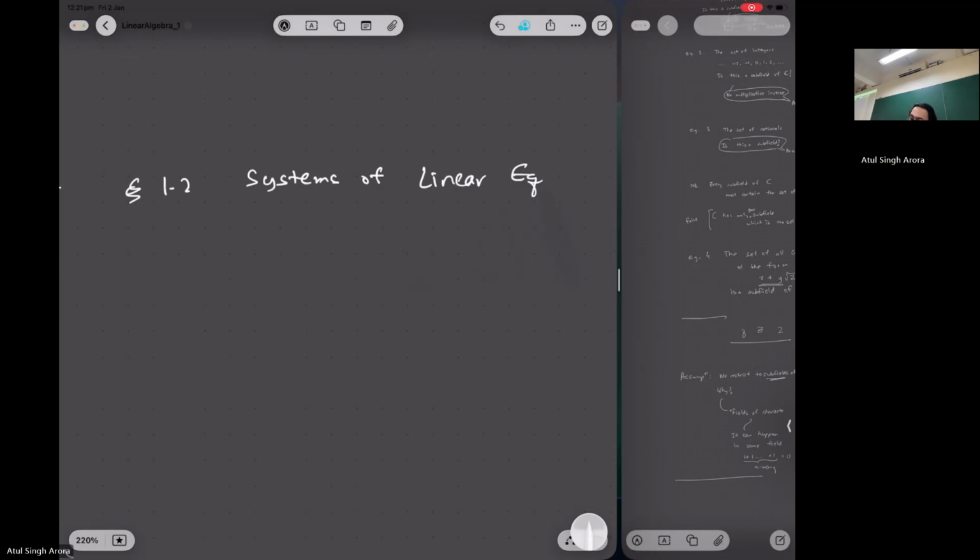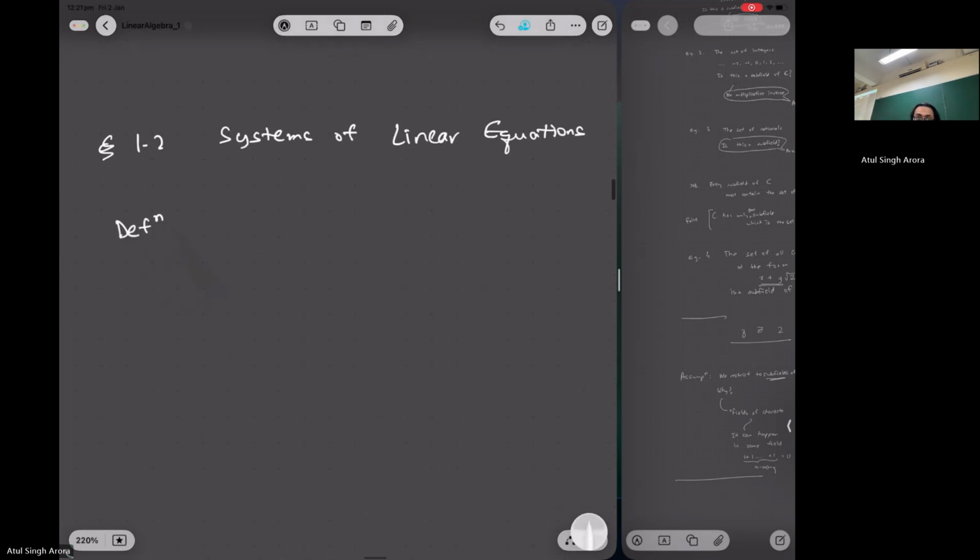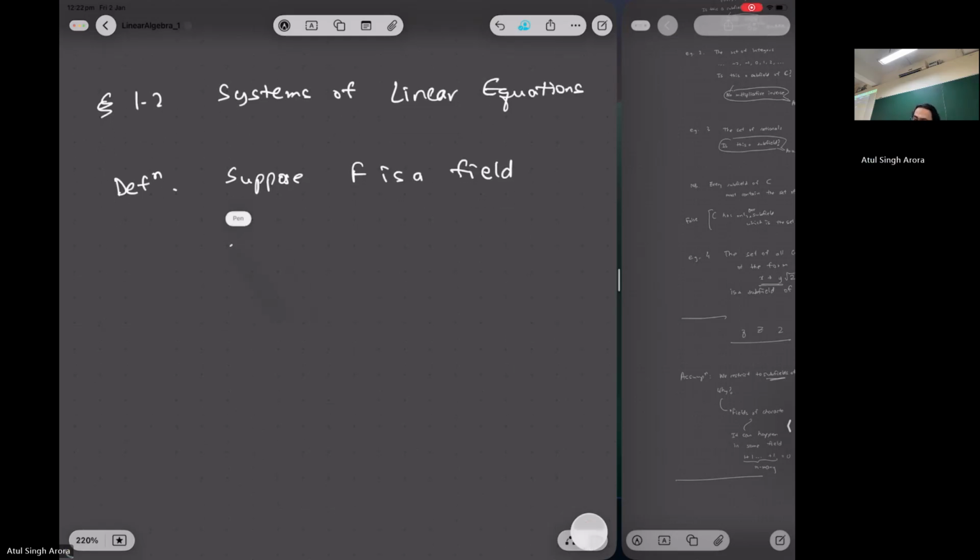All right. So now we're going to look at the next section. This is section 1.2, Systems of linear equations. Right, so the definition is the following. Suppose F is a field. A system